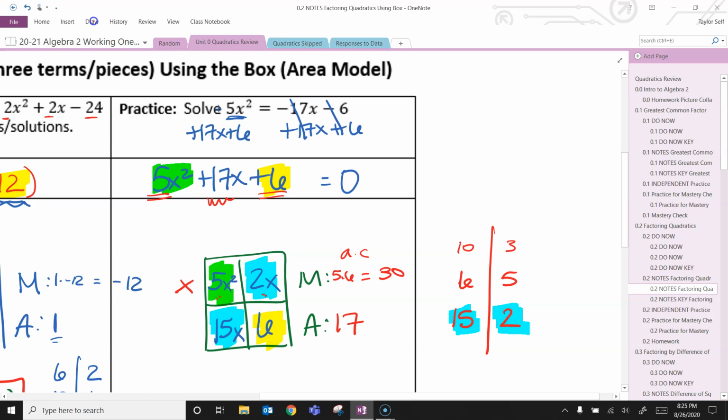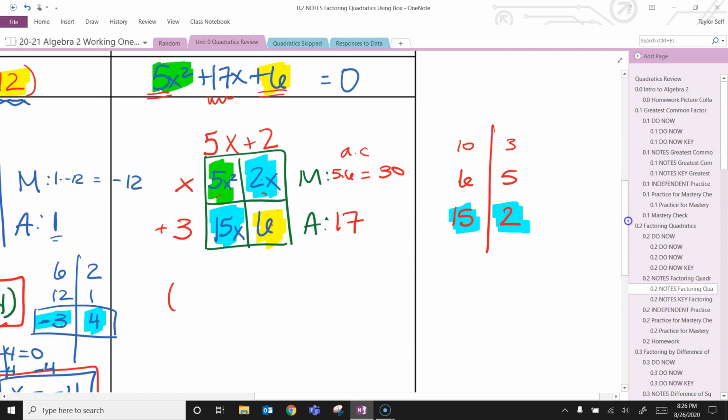We're going this way. All right, what about this one? 6 and 15x. Those can both be divided by 3. What about going up? These 15x and 5x squared both have x in common. They can also both be divided by, the biggest number that they can be divided by is 5. In this way, the number that this 2 and 6 have in common, the biggest number is 2. Those are your factors. We have 5x plus 2